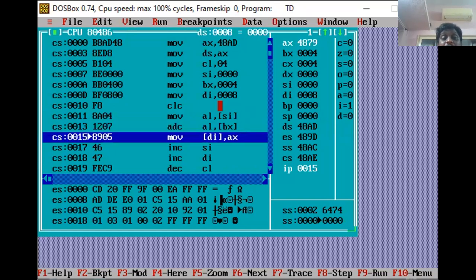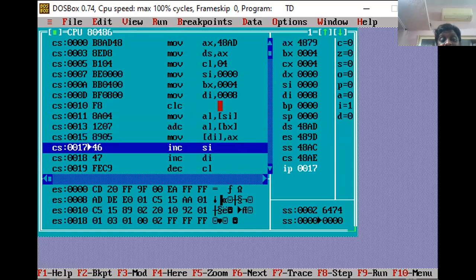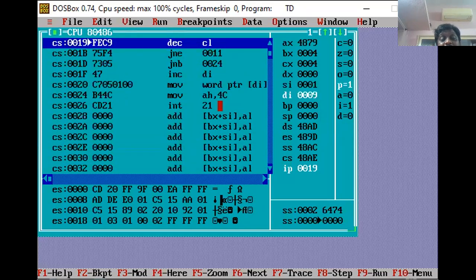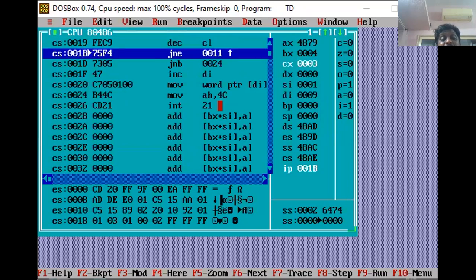Now DX 01 plus 78 becomes 79. So DA, we are going to substitute that with DA. Look at it: increment SI 1, increment DI 9, decrement CL, that is 03.